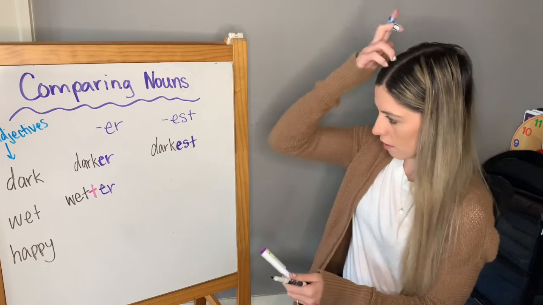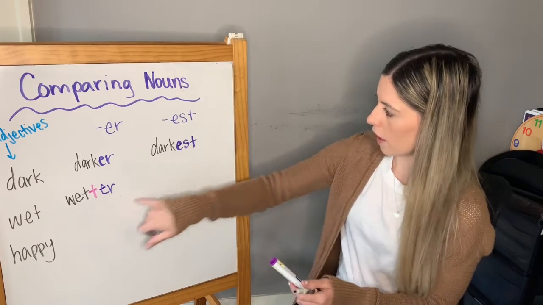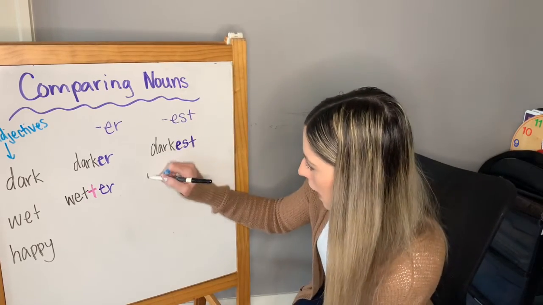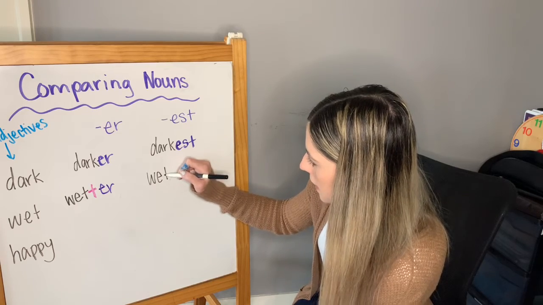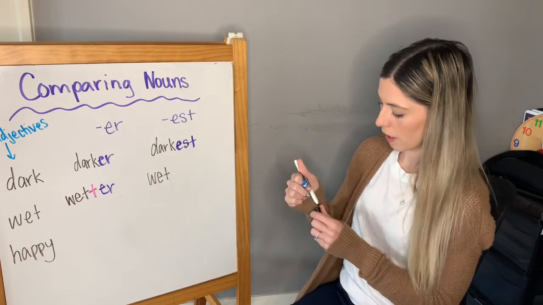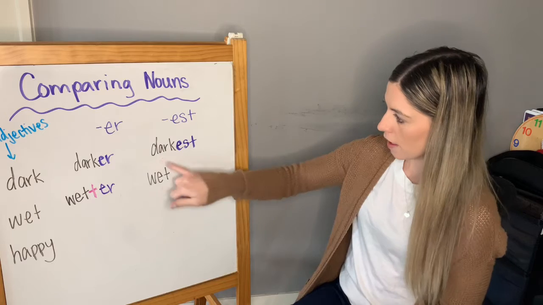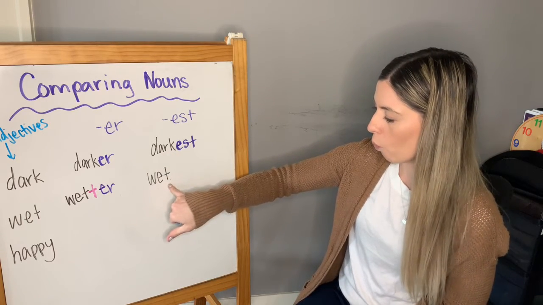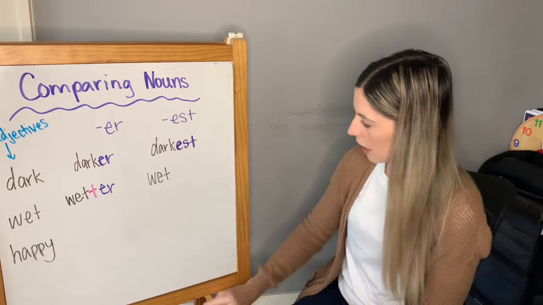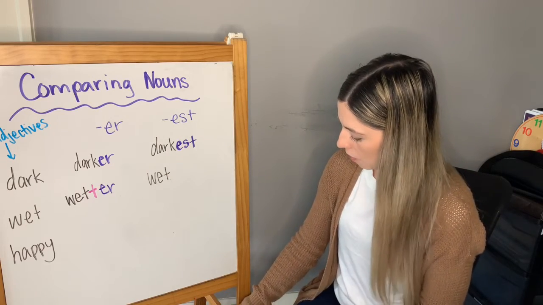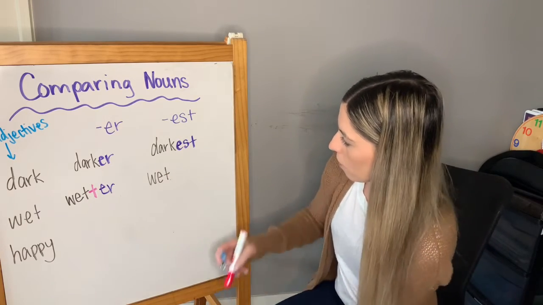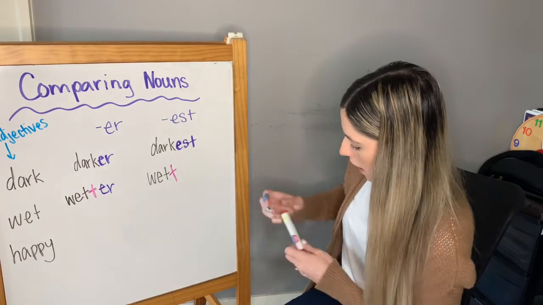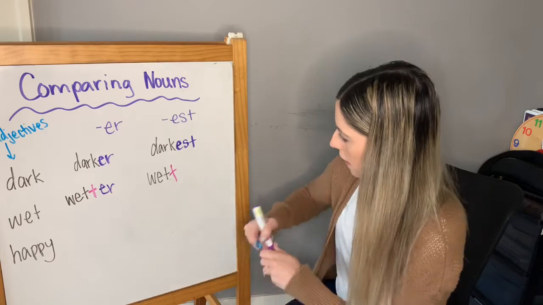Okay, then we're going to go over here and we're going to add est. So I start with the root word again. It's still a short vowel with one consonant. This one was a short vowel, but it had two consonants. This one's a short vowel with one consonant, and we're adding an ending with a vowel at the beginning. So we double the consonant and then add the ending